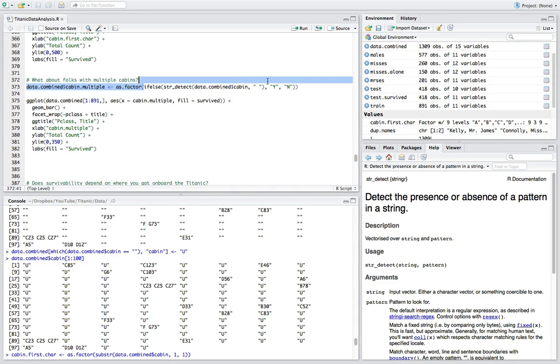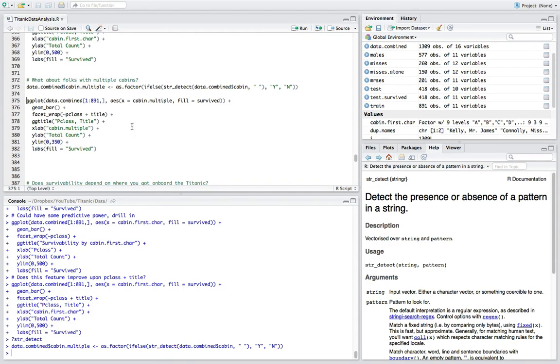And then, of course, the if-else takes that as a test and says, okay, if a space is there, then return a Y, otherwise return an N. Yes, it's a multiple cabin, or no, it's not a multiple cabin. And then we make that a factor and we cram it into a variable that we're just going to add directly on the data.combined data frame called cabin.multiple. All right, run that. And now we can plot it. I'm just going to skip the drill downs, because I don't want to belabor this idea, since we've already seen it twice now. We're just going to go ahead and plot this bad boy and see what's going on